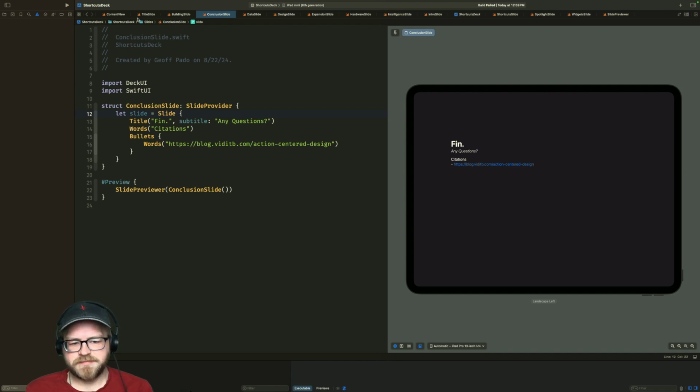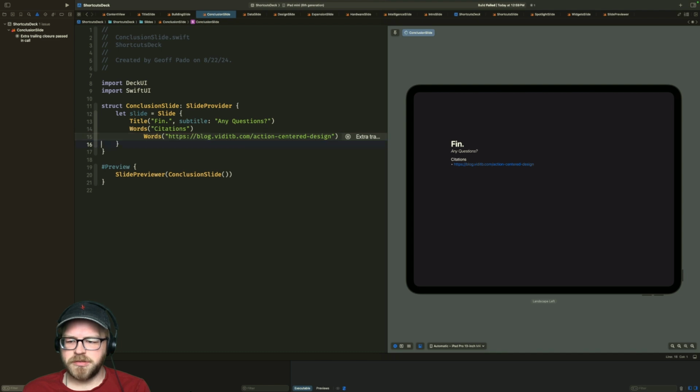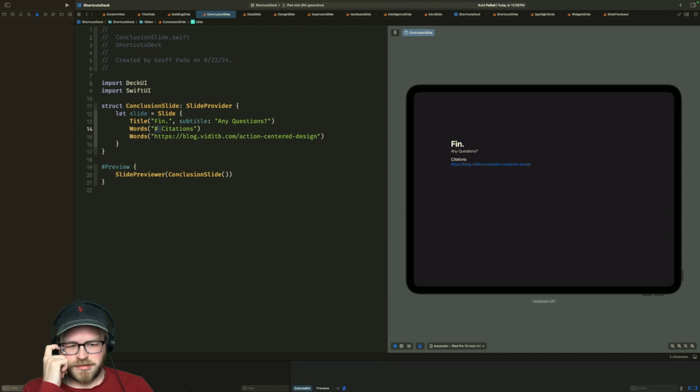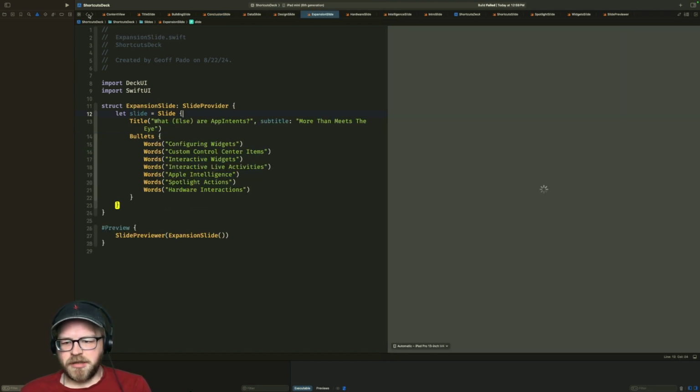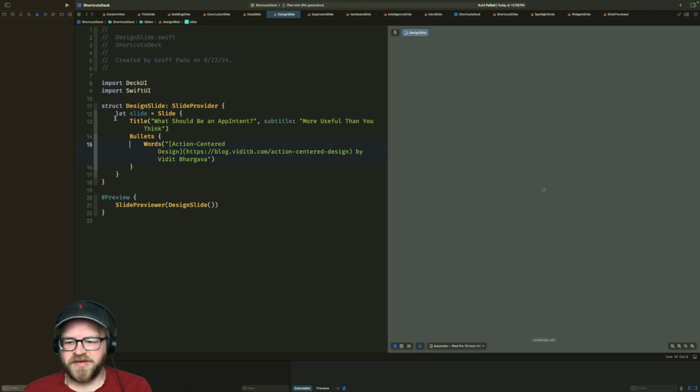There we go. That's fine. Maybe we don't even need that to be bullets. We can just get rid of that and just have words. That's a little bit of a bummer that Markdown works, but it doesn't let us do titles. Oh well. We may change this. I don't know. We've got more things to worry about than this. Okay.